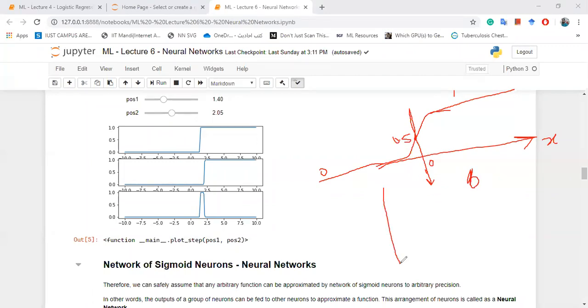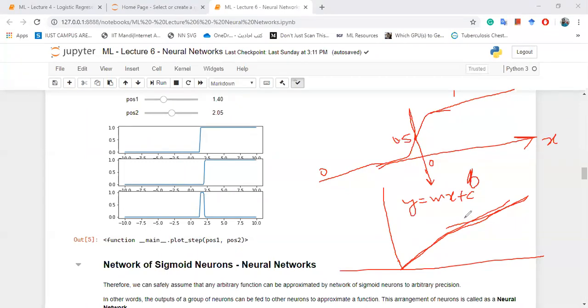Or in the case of linear regression, we have y equal to mx plus c. Let us say that c is equal to 0. Then at x equal to 0, y is also equal to 0. So if there is no bias term, all your lines will pass through the origin. It is the bias term that helps us shift this line up or down the y-axis. That is what the bias term is.